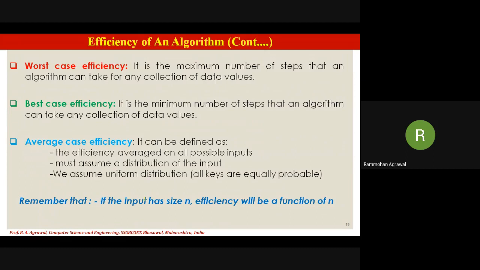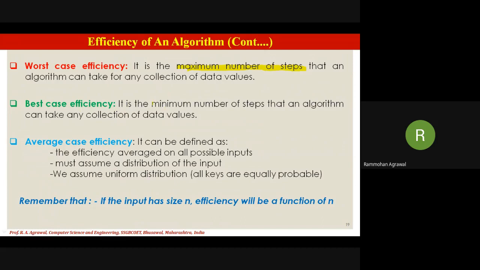Remember that in worst case efficiency, more computation and more memory will be required. In best case efficiency, less computation is needed and very negligible or low memory will be wasted. If we try to define the worst case, it is the maximum number of steps an algorithm can take to solve a problem.